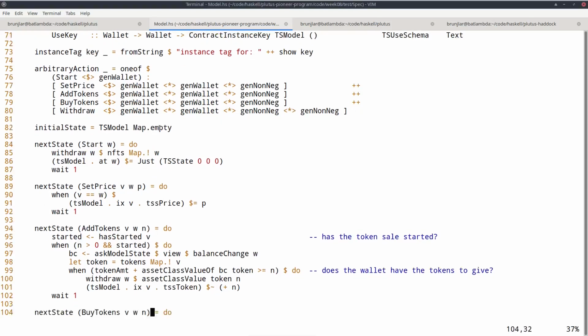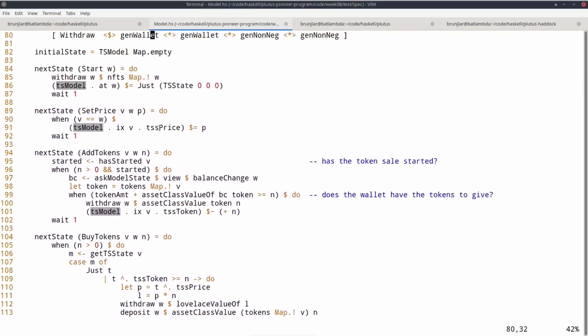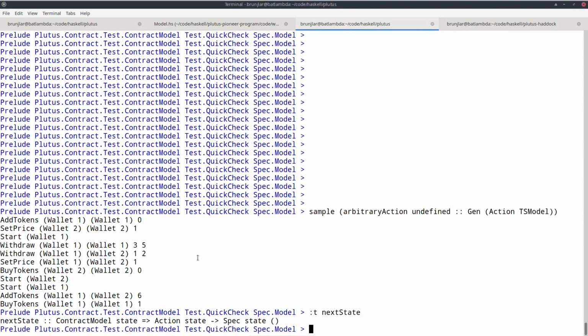Now comes the most complex function that we must implement to set this up, and that's called nextState. If you recall the diagram, I said you must know what effect performing an action has on the model, and that's exactly what this nextState function does. If we look at the type of nextState, we see it takes an action and returns something in yet another monad.